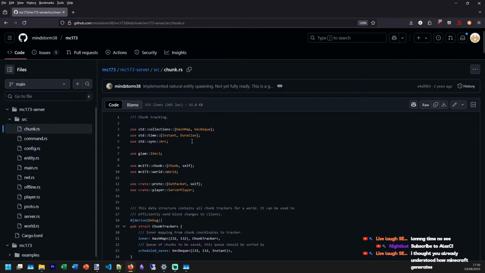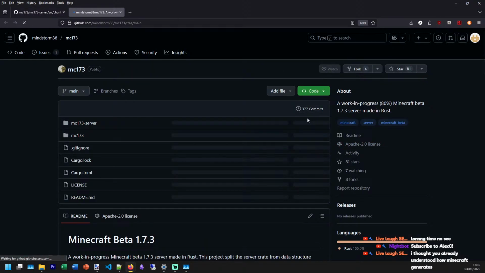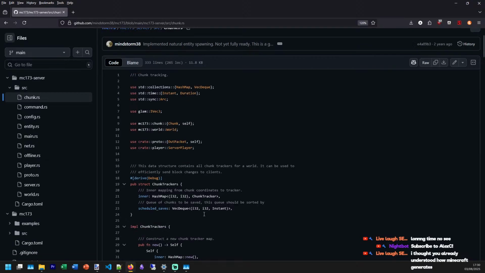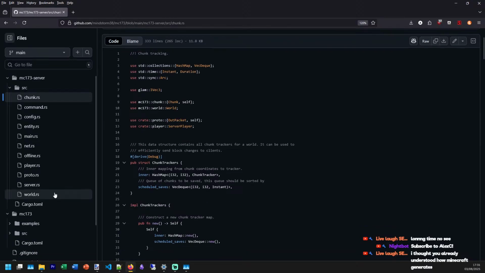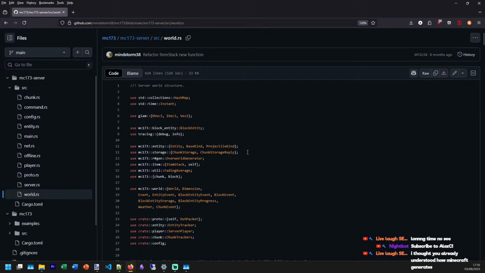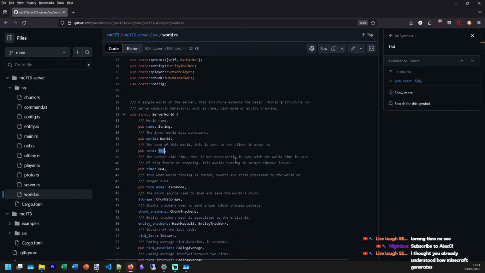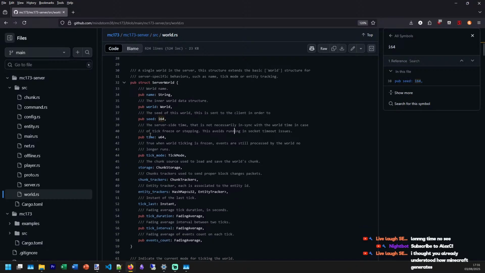Oh, we got abandoned 2 years. I don't think it was abandoned. 2 months ago, it's not abandoned. Seed, which is an int 64, probably. What the hell? What's the difference?